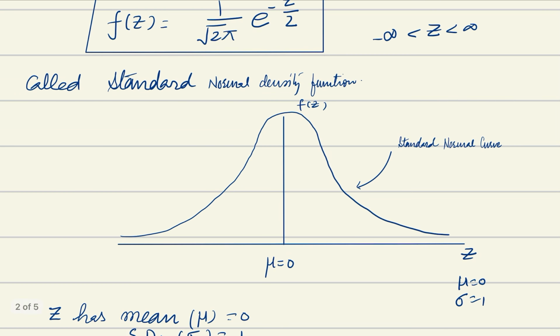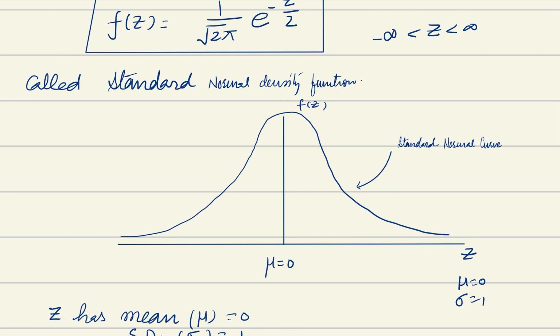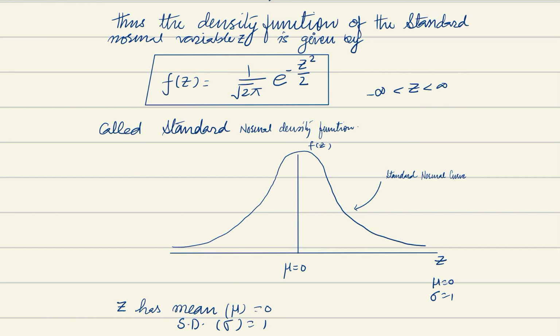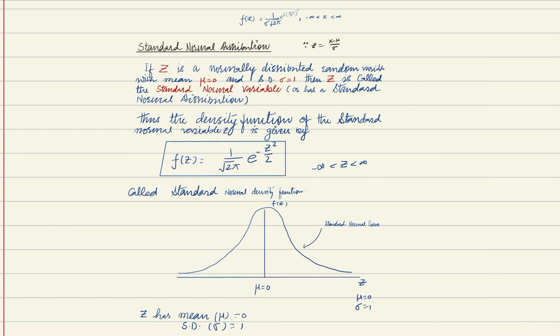One thing. Second thing, if you see the diagram, it is symmetrical about 0, because here the mean is 0. So mean, mode, median, all will be 0. So you see the standard normal curve will be like this. It will be bell shaped, and it will follow all the properties of the normal distribution. So what is the difference here? In place of x minus mu upon sigma we write it z. That is what you need to understand. So if you like, you can take the screenshot of this page and you can study this in detail.